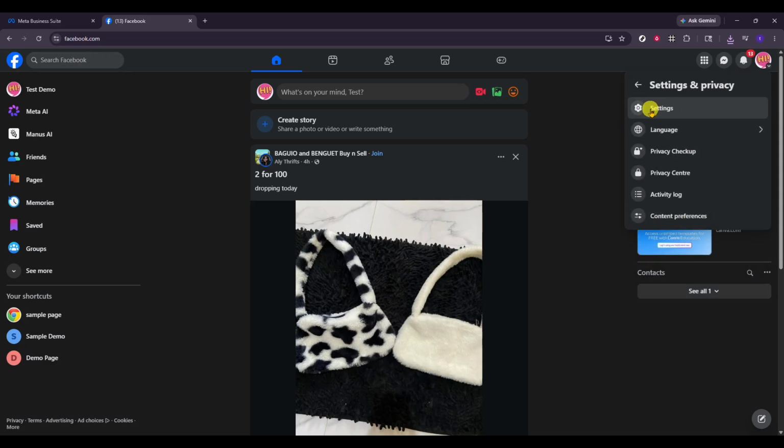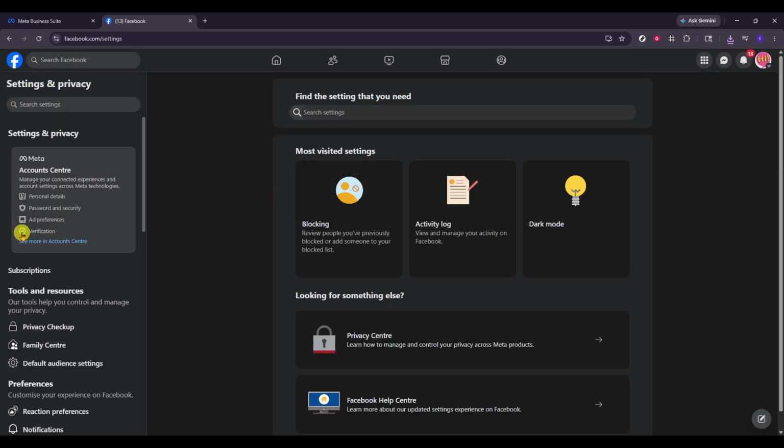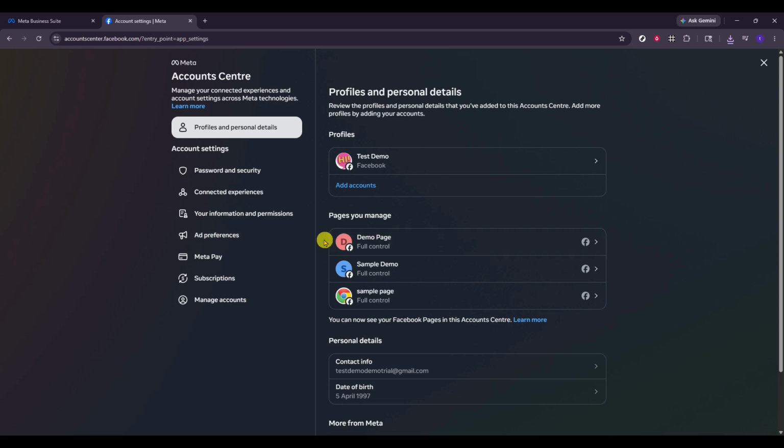From that menu, choose Settings and Privacy to expand the options, then select Settings. This opens the full settings area where you manage everything from security to notifications. In the Settings sidebar, find Ad Preferences. This section controls what influences the ads you see and gives you tools to manage advertisers you'd rather not hear